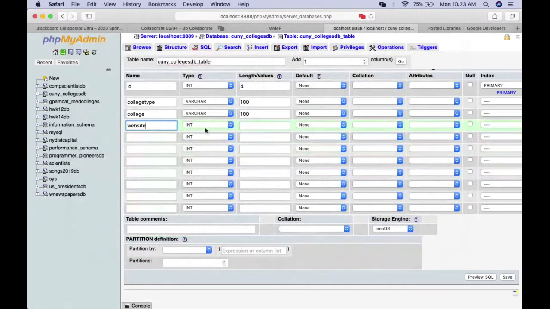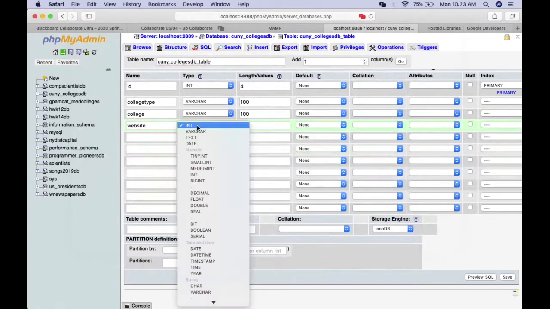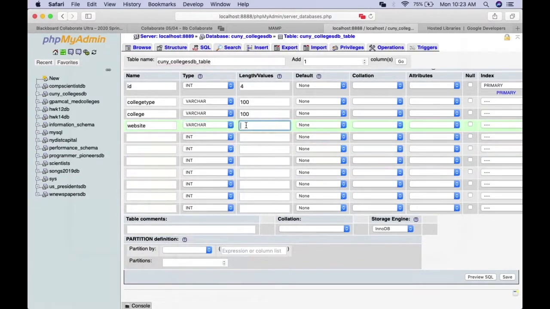So website, varchar of 100, website, and then address. Oh, how many Ds? It's a lot of Ds there. Only 2. Varchar of 100, address, city, varchar of 100,